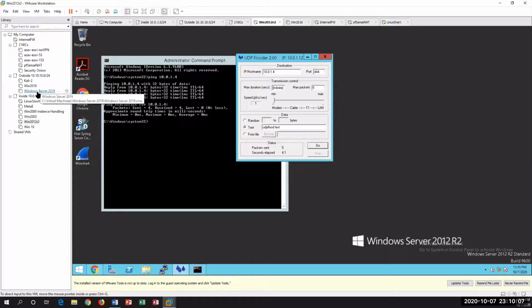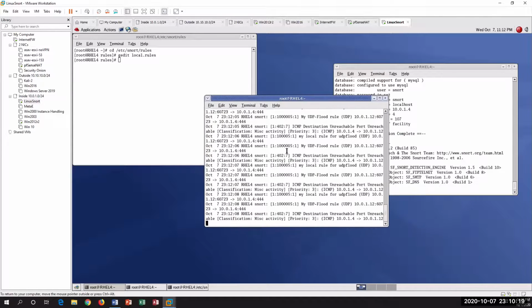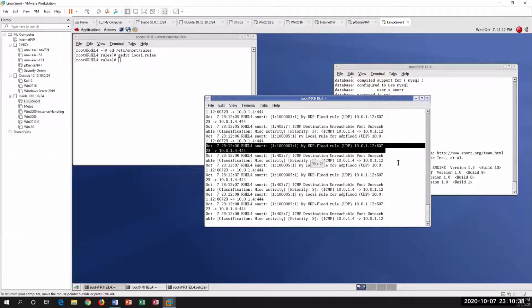Now, when you send out 5 packets, then we are going to go to the Linux Snort. And you can see that, okay, you see that the trigger is here? That port 444, right? You see October 7. That's today. Actually, we already have that. It triggered from the Snort engine, and the ID number is 1,000,005, okay, revision 1. And it's from the 2012 box, and attacked